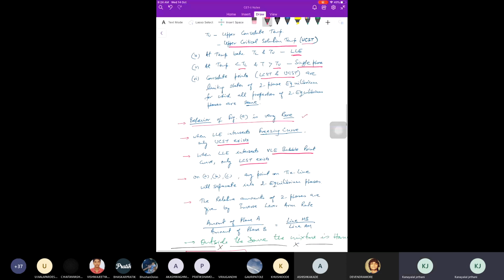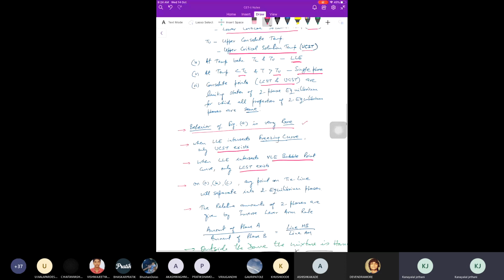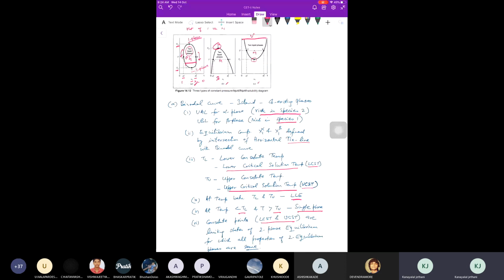Okay. So on A, B, and C, on all these three diagrams, as we see, M will separate into two phases. जैसे ये M लिया तो यहाँ पर दो फेज हो जाएगा. ये M लिया तो यहाँ पर ये दो फेज हो जाएगा. So any point in this region of two phases will separate into two immiscible liquids, and compositions are given by